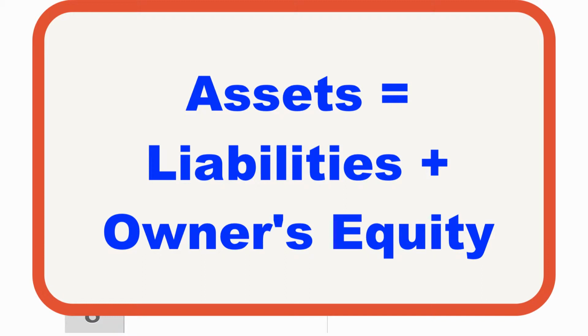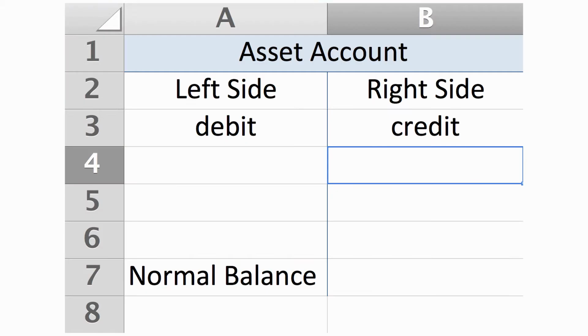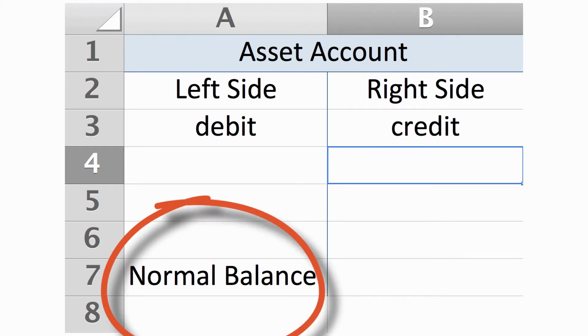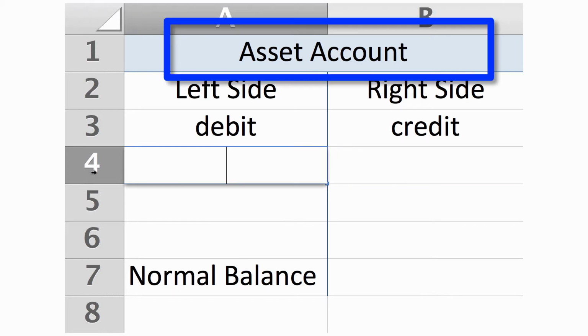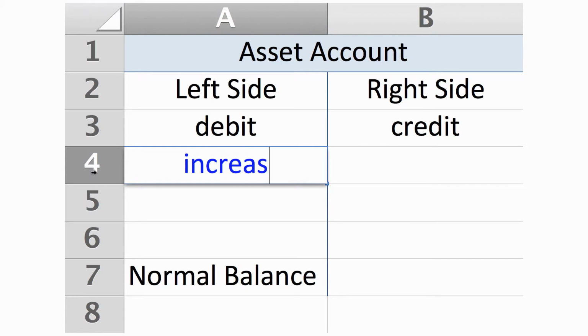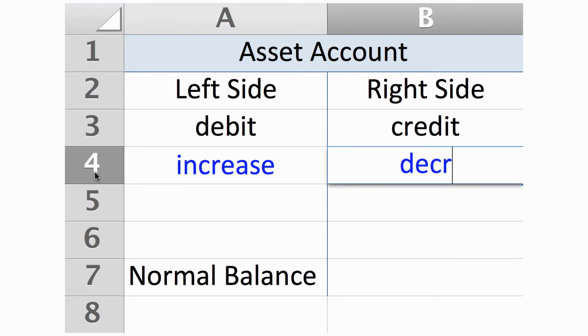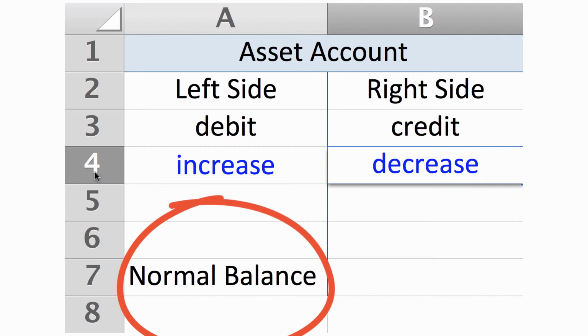Once you have those basics under control, the next thing that you will need to understand is normal balances. On a T-chart, every account has a side that carries a normal balance, but the normal side will vary by classification. The normal balance for any account is on the side where the account is increased. An asset account should increase on the debit side and decrease on the credit side. That means that you have more claim on your assets, which is a good thing, and the normal balance is